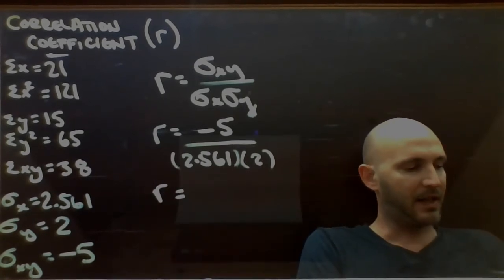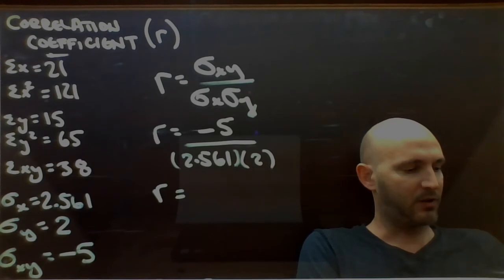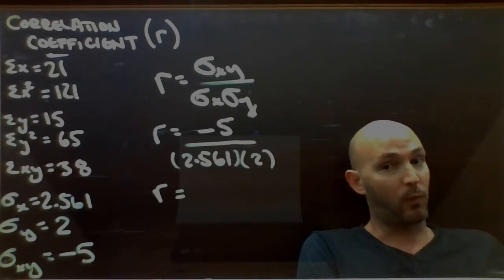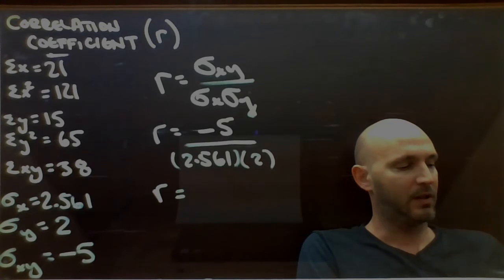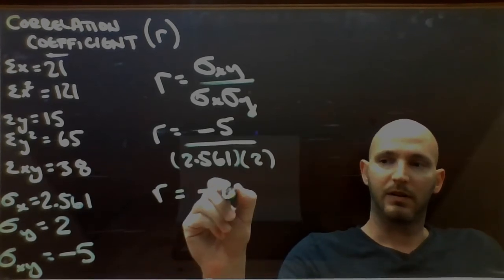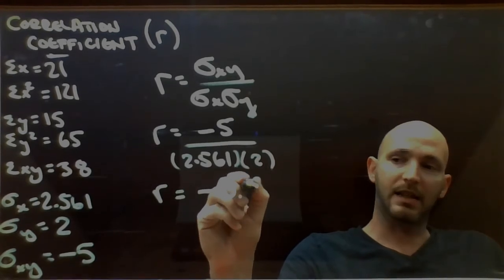I end up with negative 5 divided by 2.561, which is negative 1.952. Divided by 2 gives me negative 0.976,